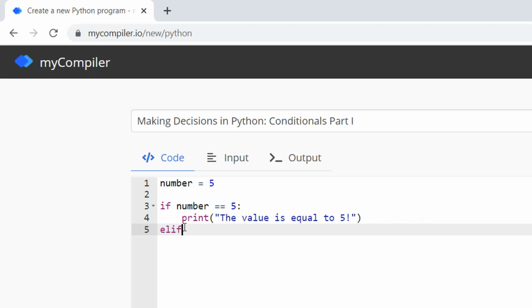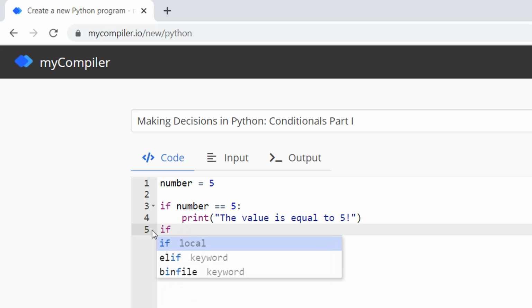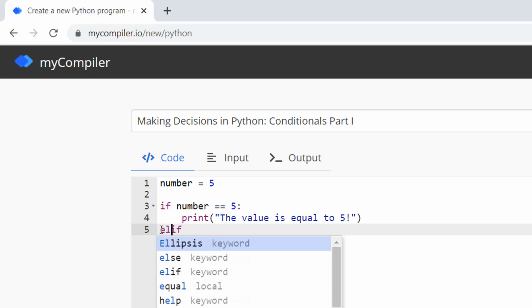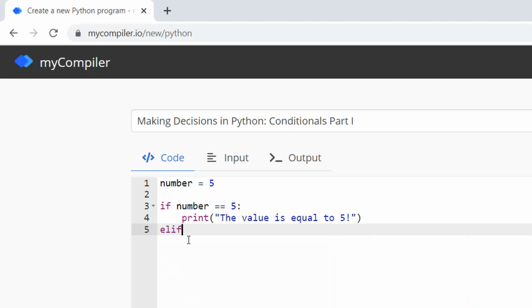So instead of just writing another if statement like this, when you have statements that are part of the same analysis, the first one you start with an if, and the next ones you start with elif. So it's el like that, elif. Same thing, I say elif number is greater than, this is the sign for greater, right? If number is greater than 5,